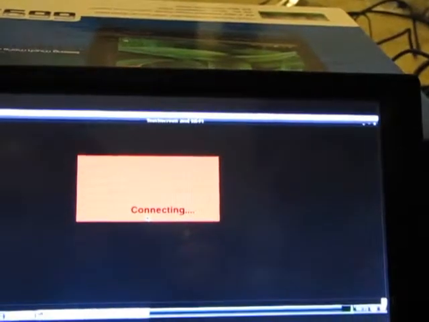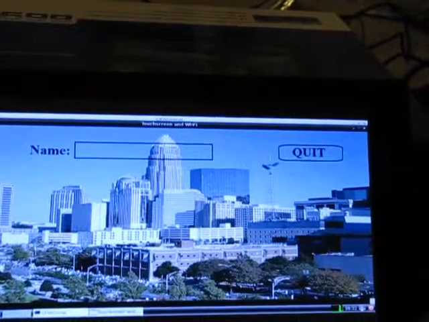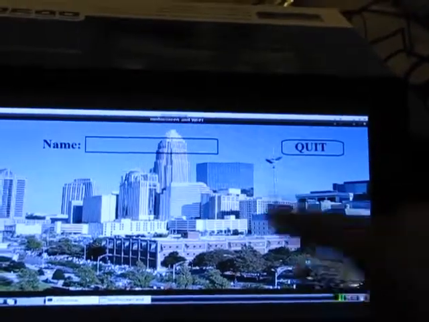Now here, as soon as I enter python space my file name .py and hit enter, it will open a window and show connecting. This is connecting to the client side, and as soon as the client side gets connected, the actual window appears wherein we'll have to enter data.